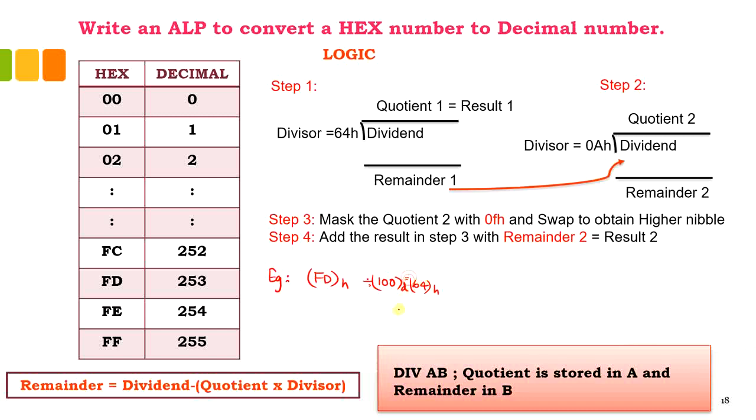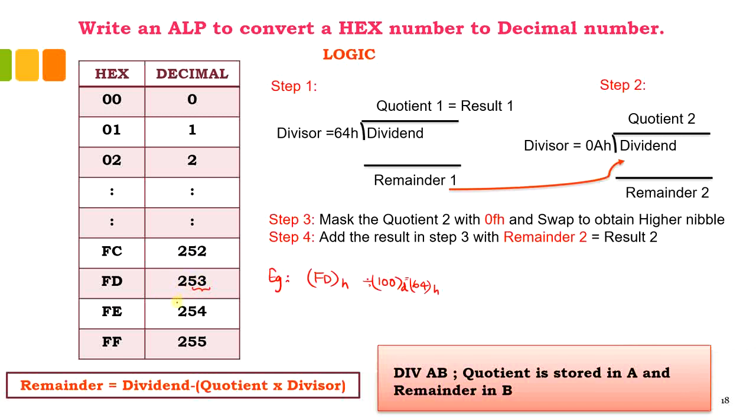So once this is done, you will be obtaining the quotient 1 and the remainder 1. The quotient 1 will be the first result. That is because if you can see here, the number FD, its equivalent is equal to 253. Now in our microcontroller, we can store 8-bit of data. So this 5 and 3 will correspond to 8-bit of data. This higher digit will correspond to another 4-bit of data. So separately we need to store. Together we cannot store 253.